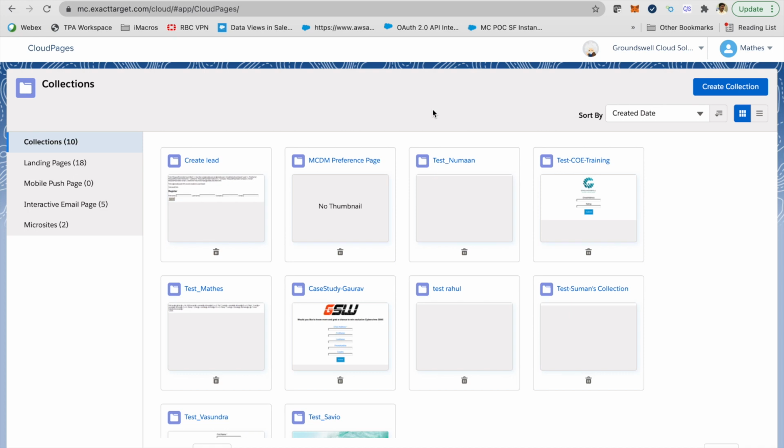So let's say you have a cloud page URL and somebody built it. As a developer, you are asked to update a few contents or a script of the cloud page. Now you just have the cloud page URL or just the ID. In any given setup, you'd probably have 10 or 20 cloud page URLs, and in some setups you might have hundreds of URLs. Now, how do you identify the exact location or the business unit where your cloud page is